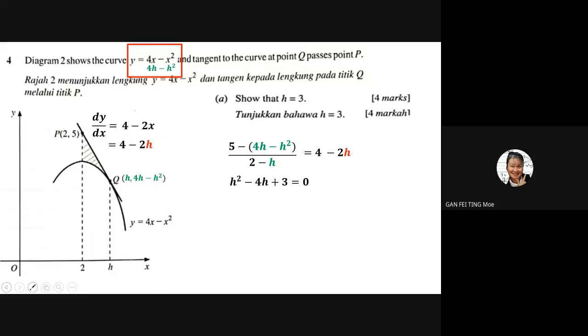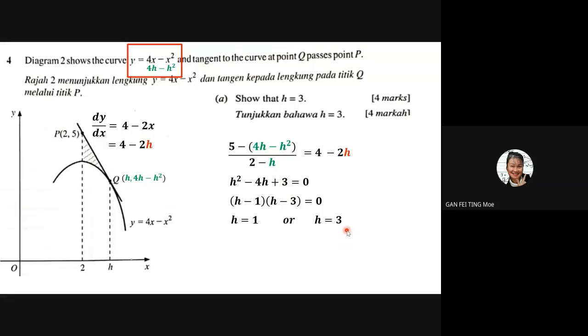So cross multiply, rearranging. I'm not going to guide you for cross multiplying. Cross multiplying is very simple. And then you get the like terms group, then you will get a quadratic equation. When you are here, get your calculator very fast and then factorize it, then you will get this. Your H value will be 1 or your H value will be 3. So I would like to choose,